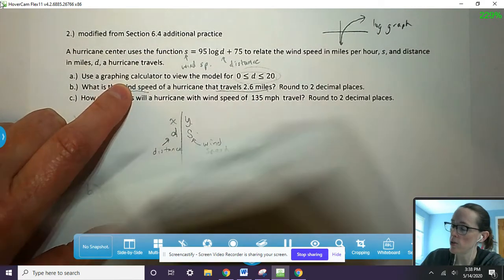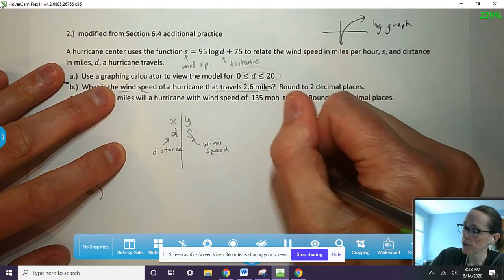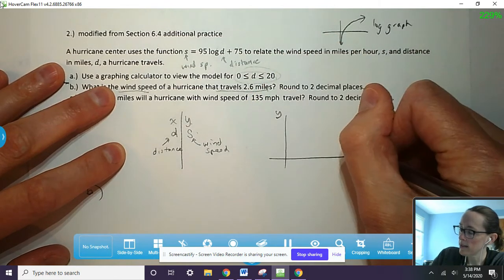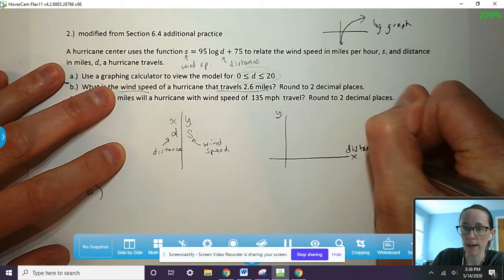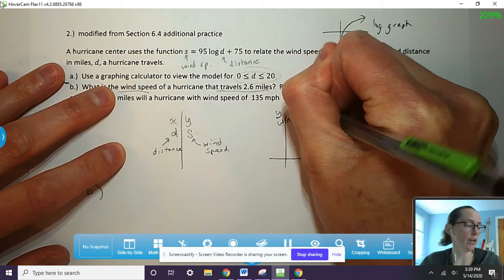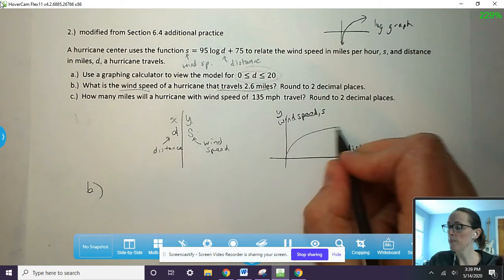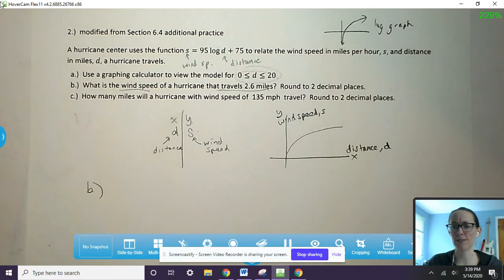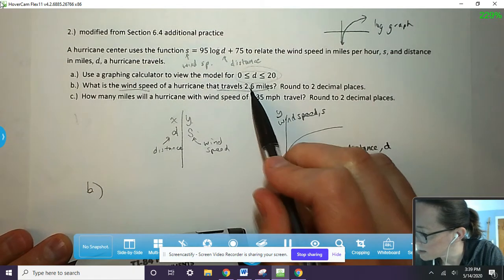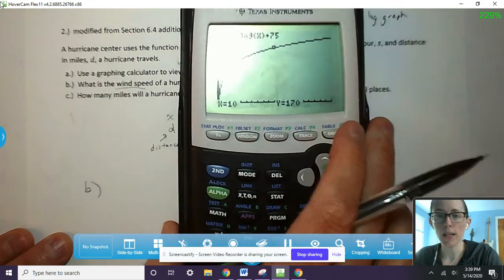So a quick way to do that is to hit trace. You know what? Let me just write down one more thing here. So for the X-axis and Y-axis, this is the distance, D in miles, and this is the wind speed, S in miles per hour. And maybe that helps because it can be hard to keep track of which variable represents the input or the output, which one's the X value, which one's the Y value. Okay, so 2.6 miles is the X, so we want to plug in 2.6 and find the Y that goes with it. So to do that, we can hit trace,